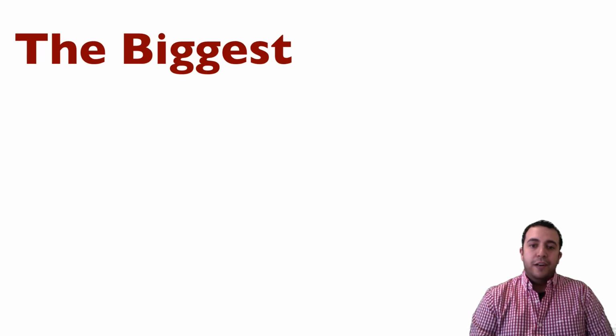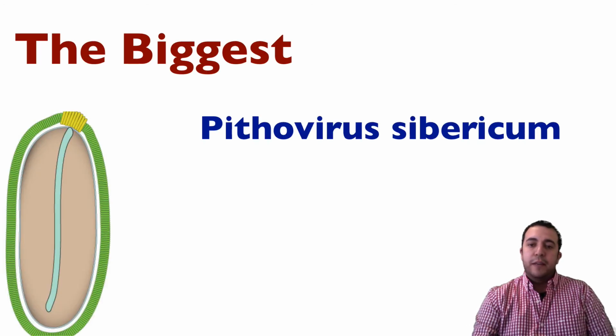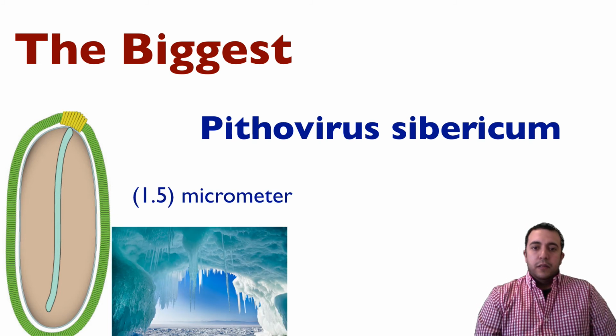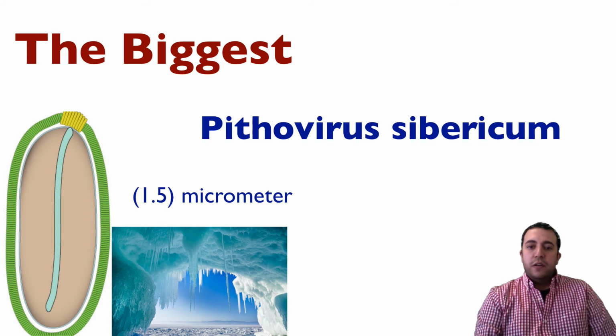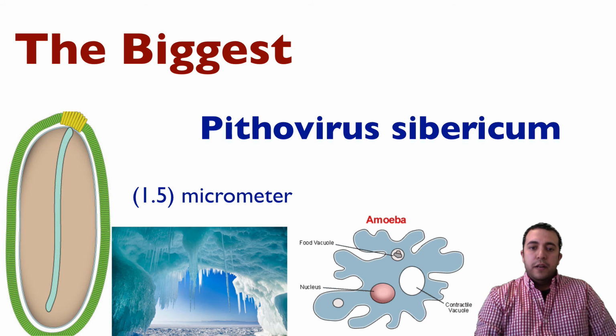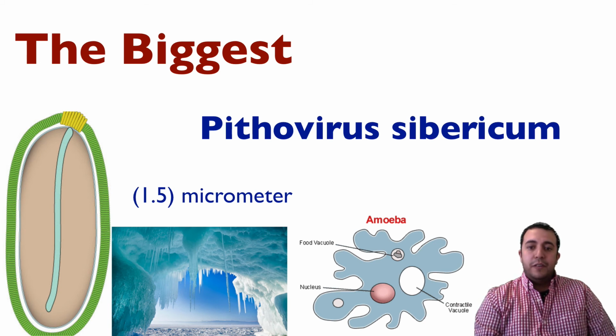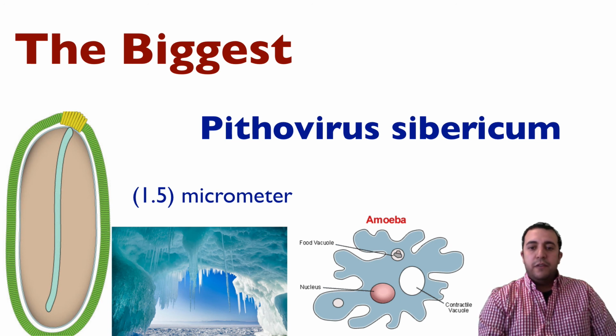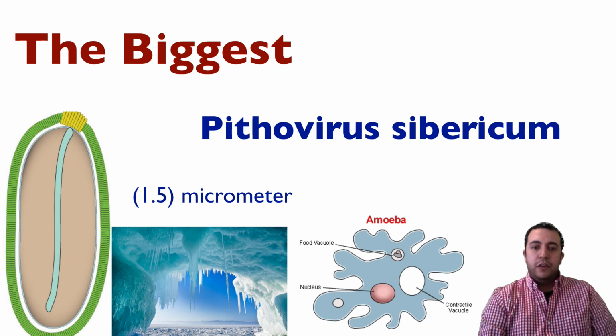The biggest known virus so far is the Pithovirus sibericum, which has a length of 1.5 micrometers. This virus was found almost 3 weeks ago in the Siberian permafrost and has been reported to be the biggest known virus so far. This virus likely doesn't infect humans, and the only host for it